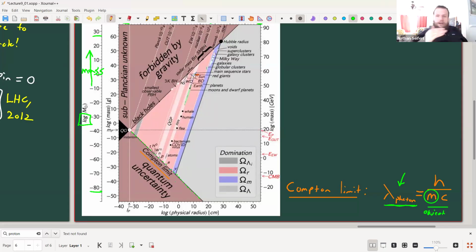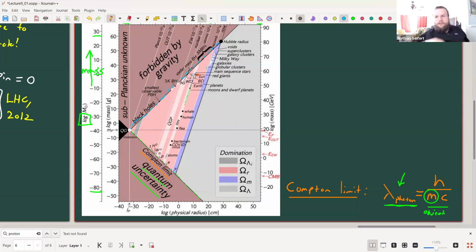But basically, after the Compton limit, as it says, quantum uncertainty, the wavelength of a particle is exactly the same as the equivalent photon. So in some sense, you can't tell them apart anymore. Matter is kind of broken down. It's just pure energy at that point. Right, so we call that the Compton limit. So you can imagine this region is that space where the concept of a size for something doesn't really matter anymore, because it has the same amount of energy as the equivalent photon.